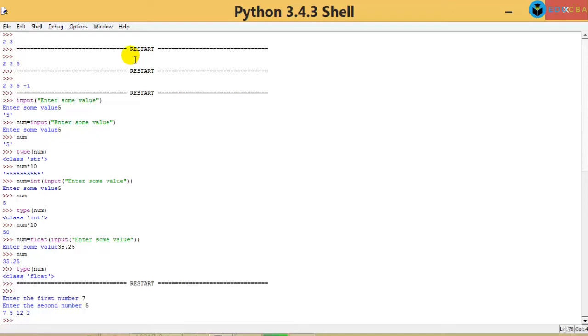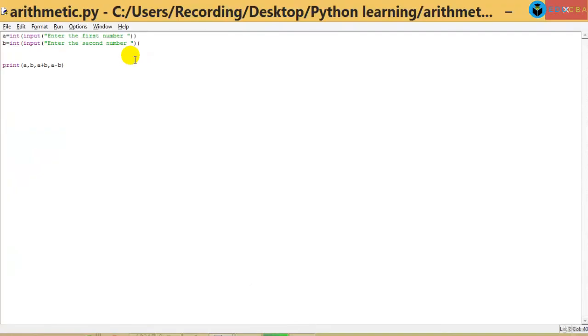No sir, I don't like this particular way it is being displayed. I want it to be displayed with some sort of description, or I need to give it in some double quotes or something like that. How do I do it? How will I display it in that particular manner? Yes, I can do it. Print gives you that option.